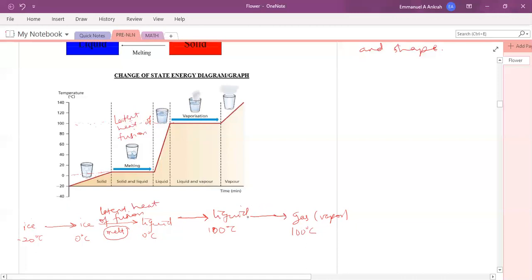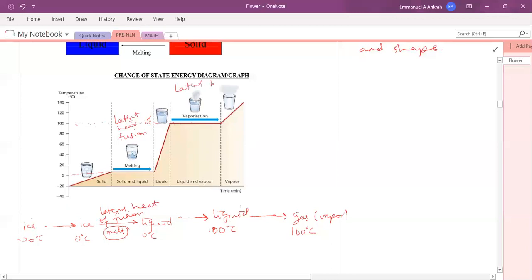Again, at this point, the heat energy is used to break the bonds between the liquid molecules, to free them into the gas phase so they can move a little bit further away, so it becomes gas. It's breaking the bonds. So that's why the temperature doesn't increase for some time, right? And that's what we call the latent heat